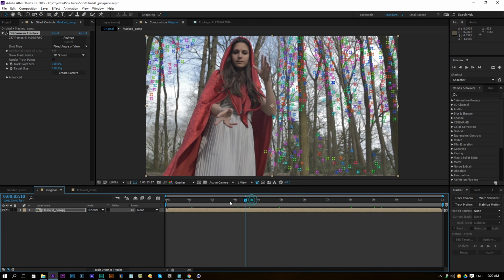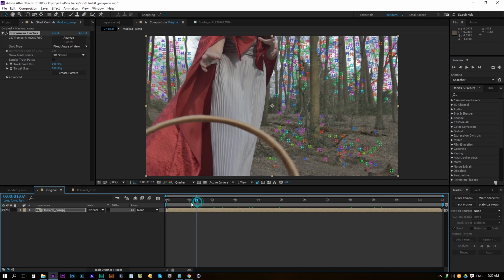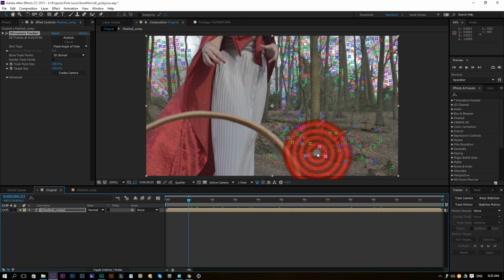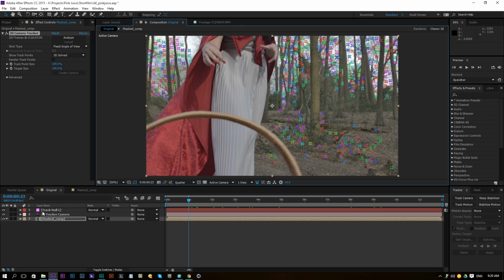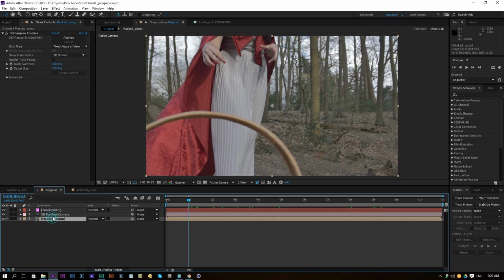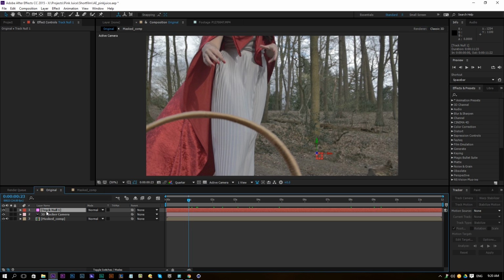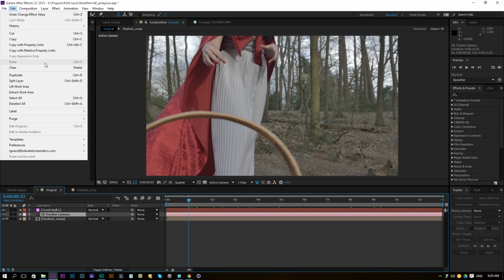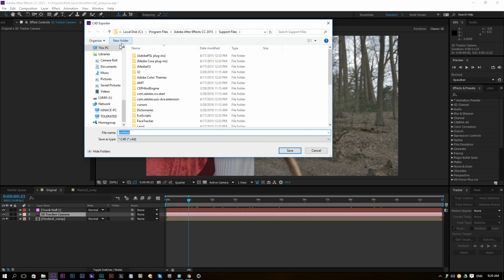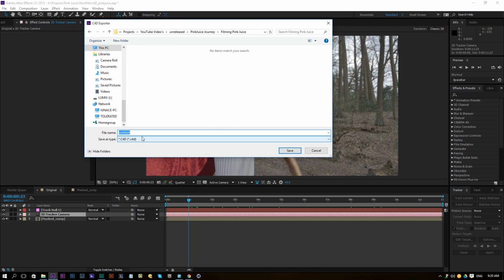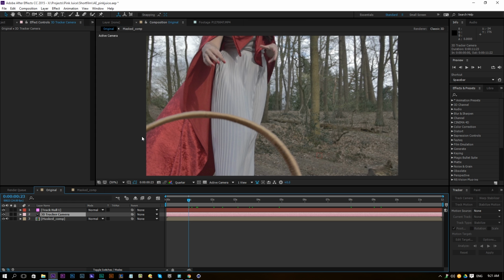And then the next thing we want to do is move here at the beginning and select some points like these three here, right click and create a null and camera. So now we have these three layers here, and let's click on the camera and go to File, Export, and export to Maxon Cinema 4D. Just save it somewhere. I will save it here as Tomato Scene 01 for example, and then get into Maxon Cinema 4D